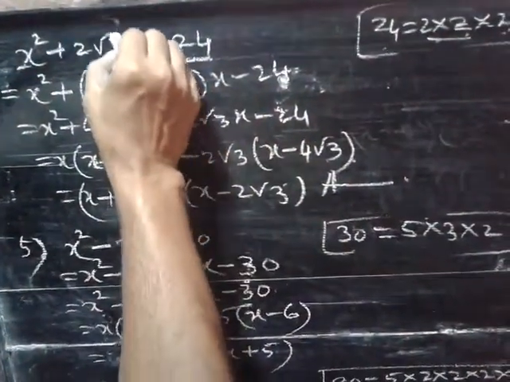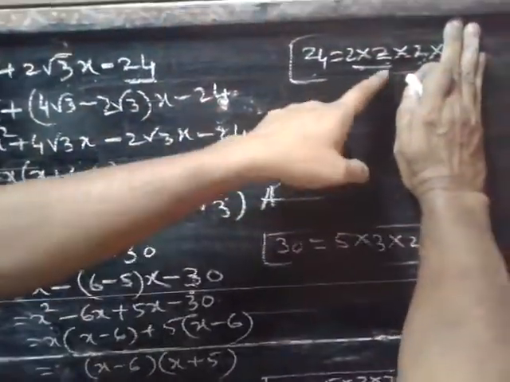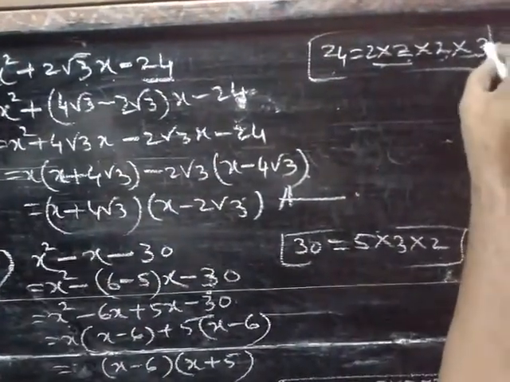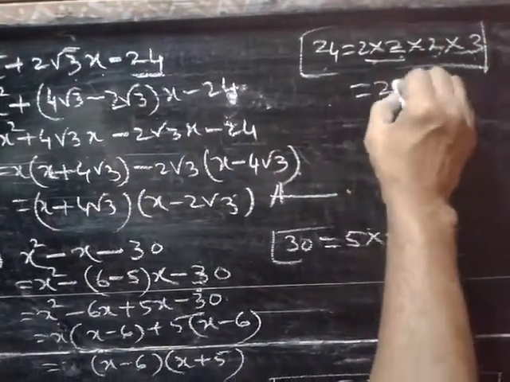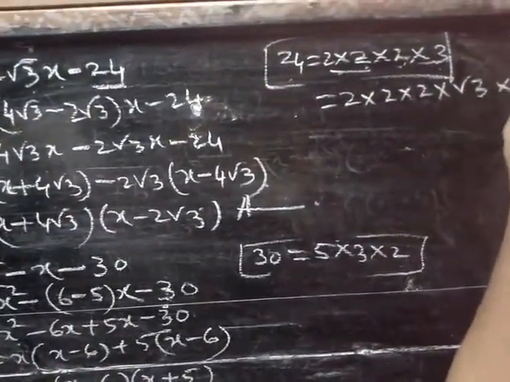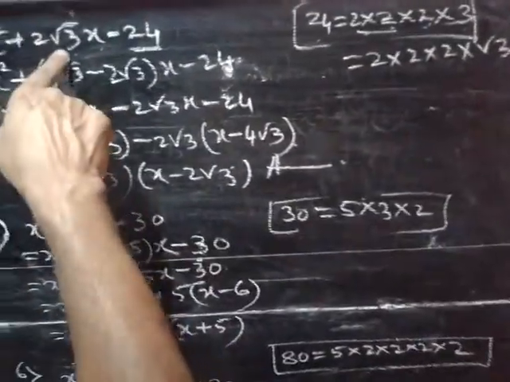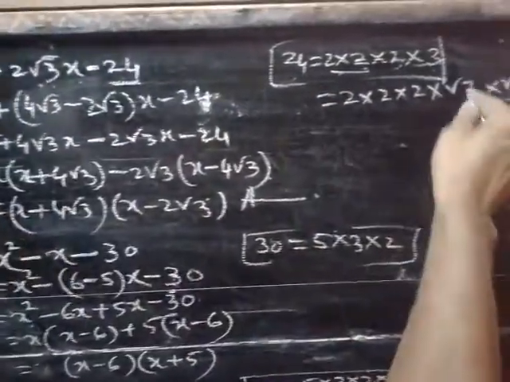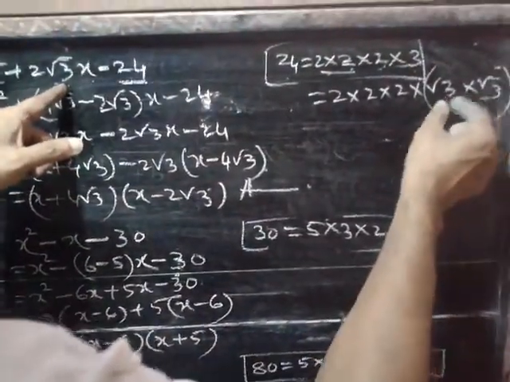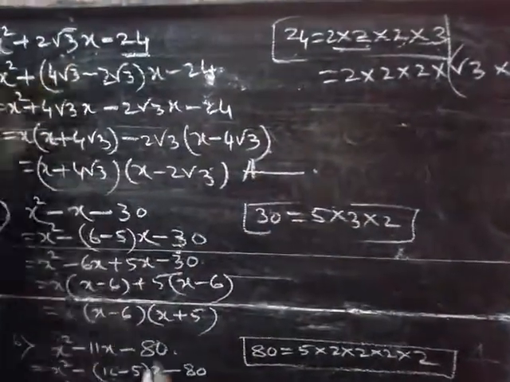Now, if this number is root 3, just keep this number off and distribute P and Q over here and just add this root 3. Root 3 can be taken as 2 into 2 into 2 into root 3 into root 3. So just take 4 root 3 and 2 root 3. Just think about this root 3 part, whatever may be the root over there, just split that one into root 3. Then it will be very much easier for you to understand.